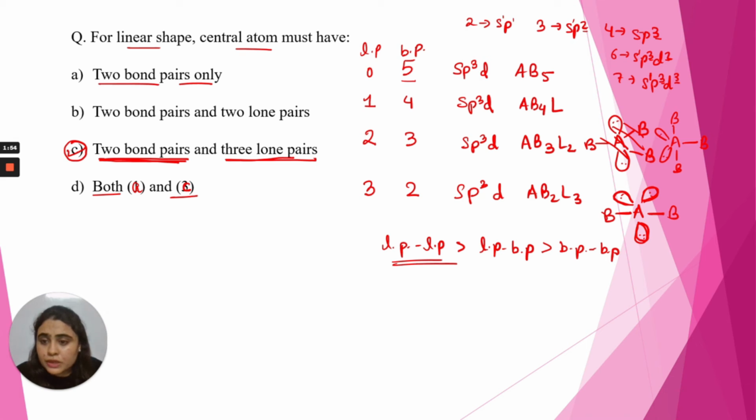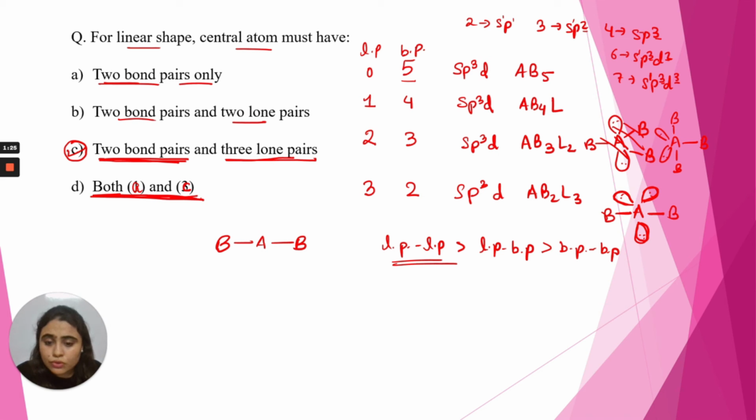Okay, 2 bond pairs only नहीं, सिर्फ 2 bond pairs only नहीं चाहिए. ठीक है, हम लोग को 2 बॉन्ड पेयर्स भी चाहिए और 3 लोन पेयर्स भी चाहिए, इसलिए ये कंफ्यूज नहीं होना है वो ऑप्शन ए और सी में, फर्स्ट ऑप्शन में और थर्ड ऑप्शन में. फर्स्ट ऑप्शन बोल रहा है 2 बॉन्ड पेयर्स ओनली, दैट मींस सिर्फ 2 बॉन्ड पेयर्स होगा तो लीनियर शेप होगा. ओके, दैट मींस इफ इन अ मॉलिक्यूल इफ वी हैव 2 बॉन्ड पेयर्स देन इट इज अ लीनियर शेप. ओके, 2 बॉन्ड पेयर्स एंड 2 लोन पेयर्स, तो ऐसा हो नहीं सकता.